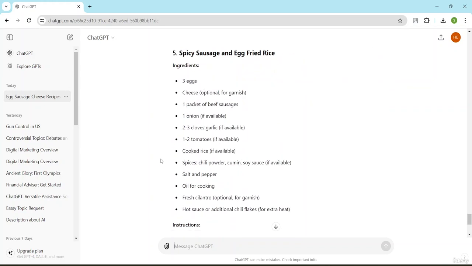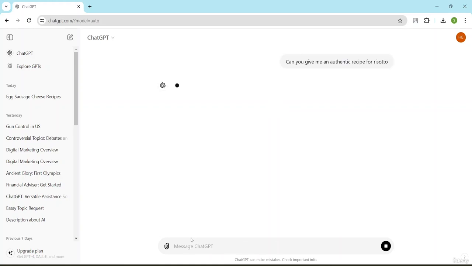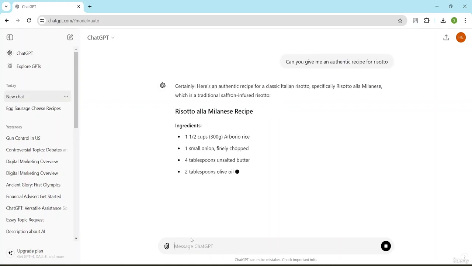So this is quite an interesting option of how you will be able to get recipe ideas, or let's say if you do want to search for a recipe the authentic way. Let's come here, create a new chat, and over here I type, can you give me an authentic recipe for risotto. Okay, so if I search here, you guys can see that